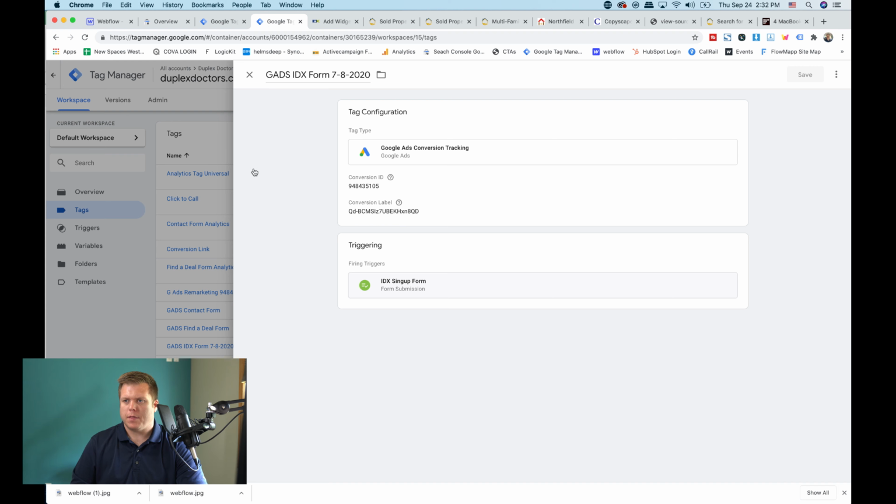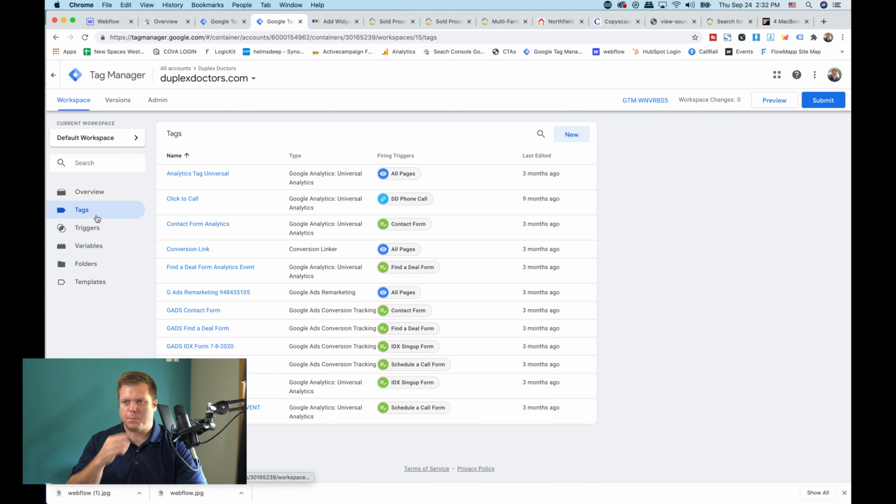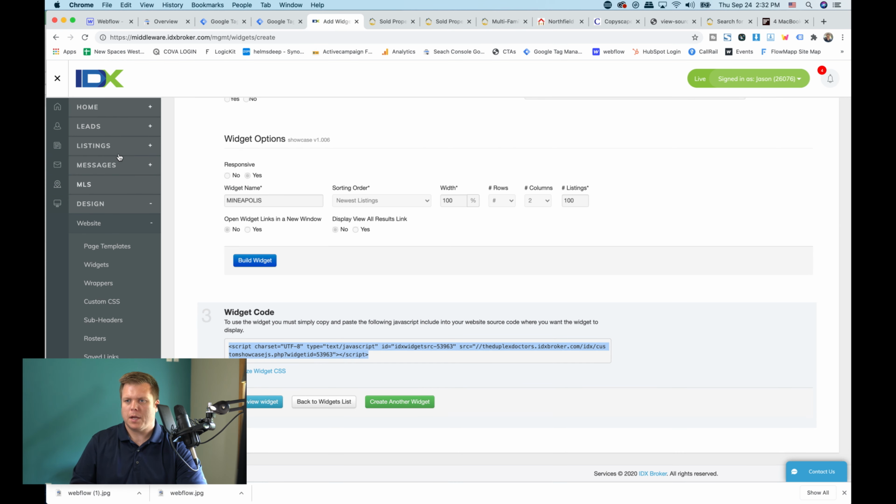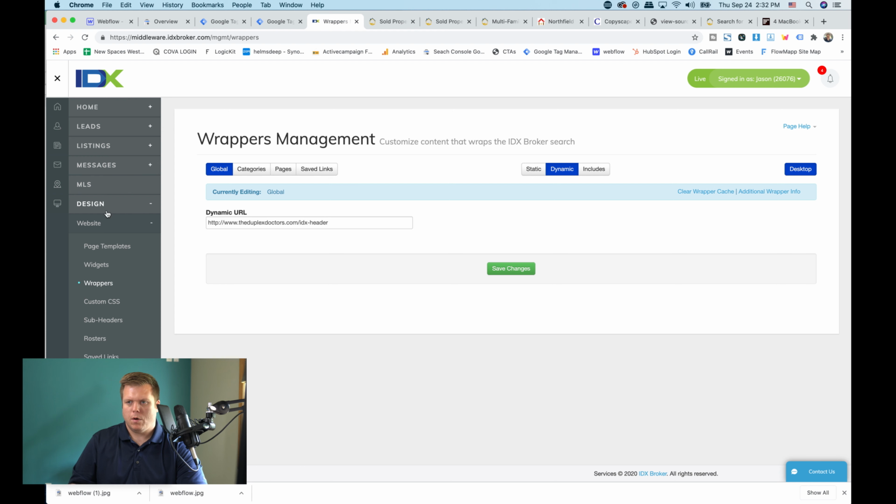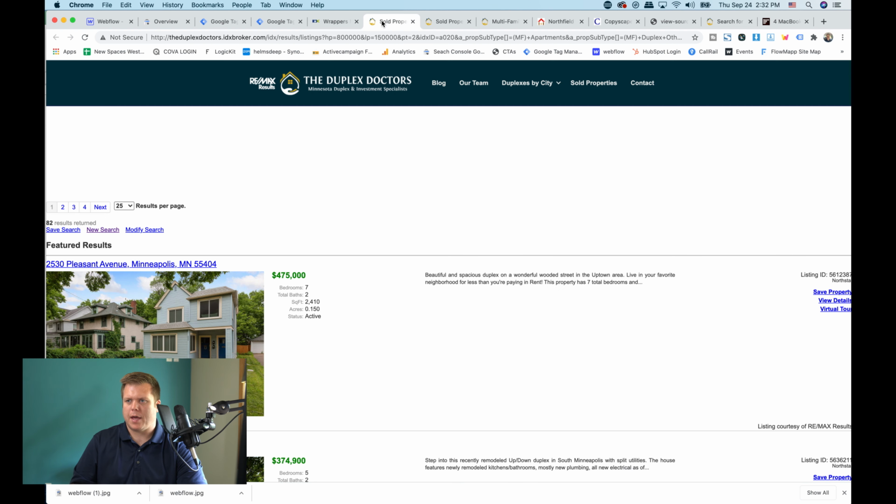So the way you start this out, though, is you put Google Tag Manager in the header of your website, right? And then the Google Tag Manager also will get deployed. You have to come in here and make sure that you go to the website and deploy it in the wrapper, okay? So you go to the website or design website wrappers, and you have to tell that this site, the IDX site,